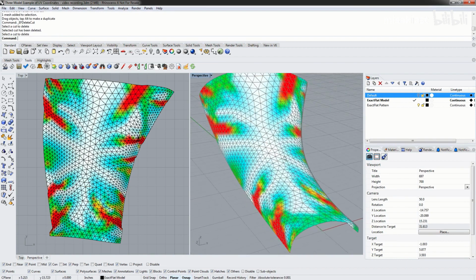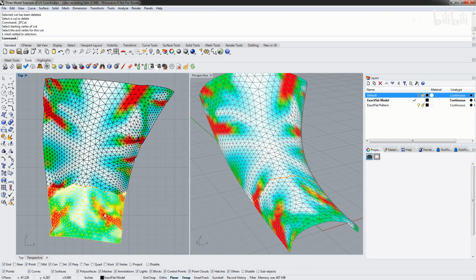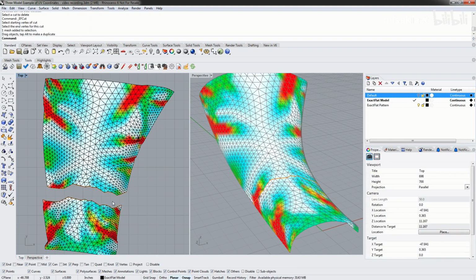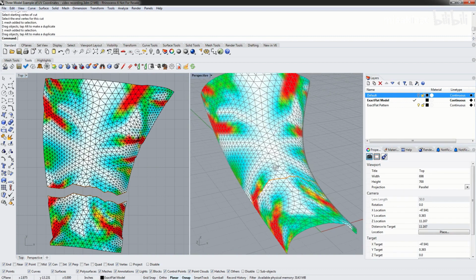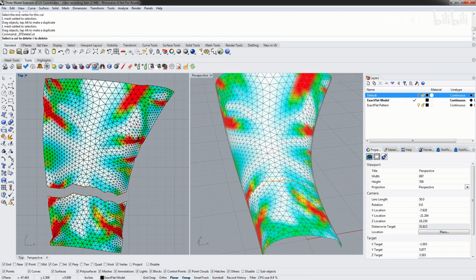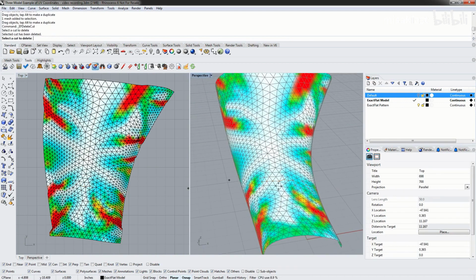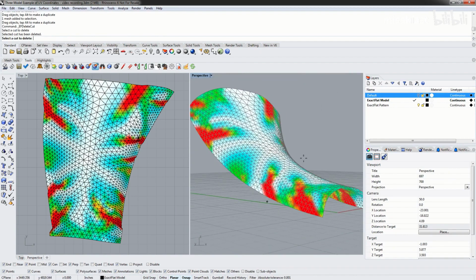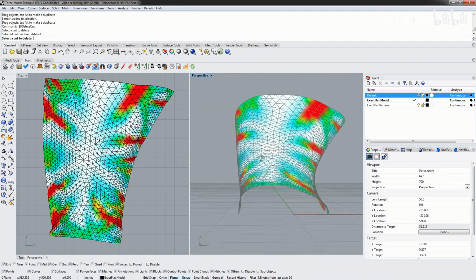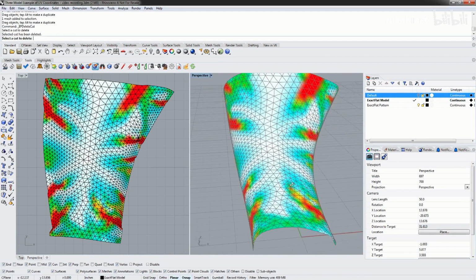We can create cuts in both the 2D pattern and the 3D model using the shortest path cutter, or even the curve cutter or the plane cutter. You don't have to use only the 2D pattern, you don't have to use only the 3D model. You can create cuts on both. And in the case of the shortest path cutter, there's really no difference between the two. It may be easier to see your cut path on the 3D model, but the cuts are created exactly the